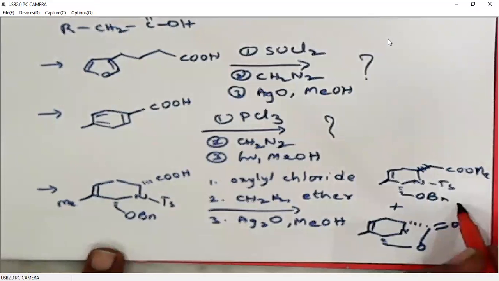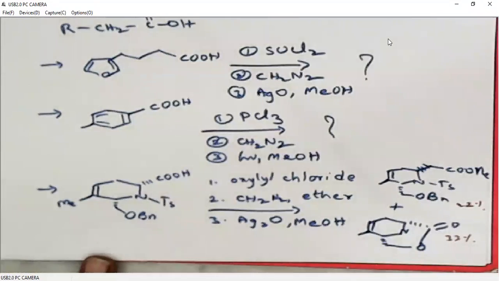Here we are getting 22% of this product and it is around 33%. Okay, just look at this. It is one carbon homologation of Arndt-Eistert synthesis, but at the same time, the generated acids may deprotect any oxygen protecting functional groups. So it is also possible to have deprotection of oxygen functional groups. And because we have a carboxylic acid in the molecule itself, it undergoes intramolecular esterification reaction.